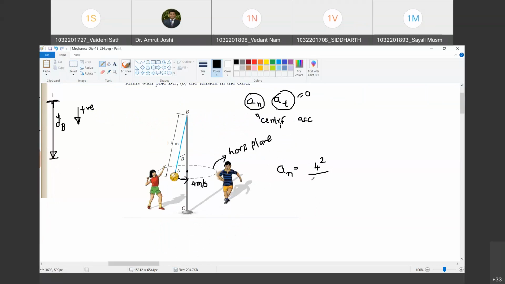And upon r. Now this r is not 1.8 meter. You have to understand, it will be 1.8 sine theta. Are you with me? Yes, sir. Because we are interested in finding out this radius. Happy? Yes, sir. And this radius is 1.8 sine theta. Okay. So I will write it as 1.8 sine theta. This is the first equation that we have got. Happy? Yes, sir.